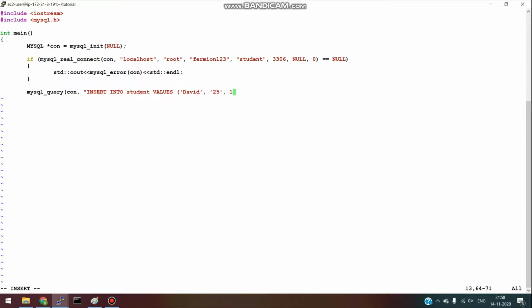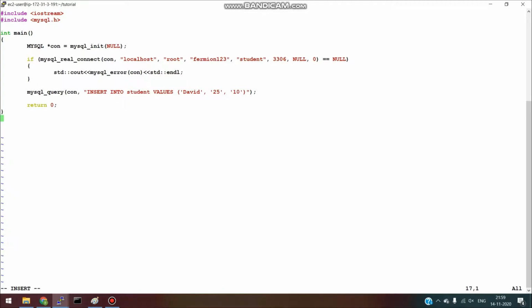And roll number. So we have connected to the MySQL database and we have inserted the data into the MySQL database. So when we run this program, the MySQL database will populate with this data.